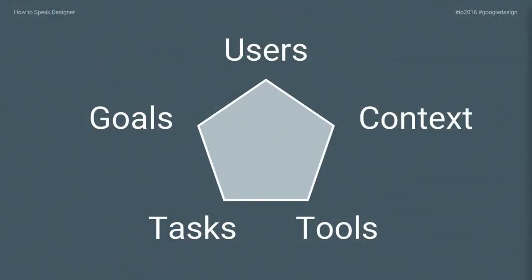I still think back to my first day of my first class about years ago when I started learning about design. And back then, it wasn't even called UX. It was called Human-Computer Interaction, HCI. But fortunately, I'm not quite old enough that it was called man-machine interaction, which is what happened before. In that first class, the core definition of design boiled down to just 5 words. Users, context, tools, tasks, and goals.